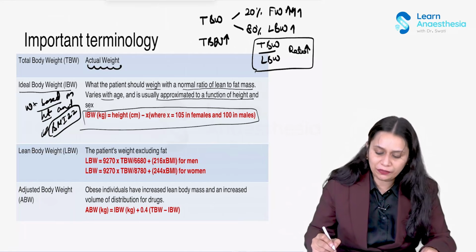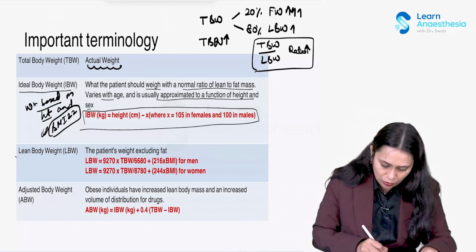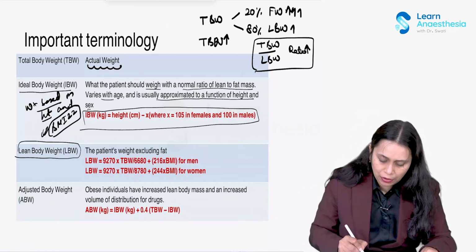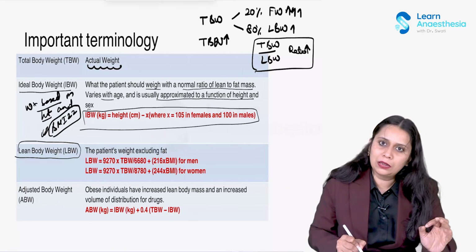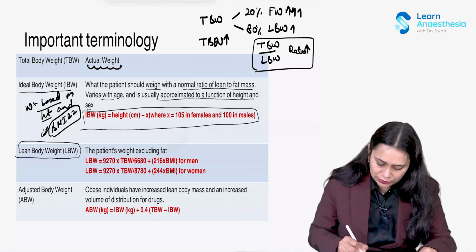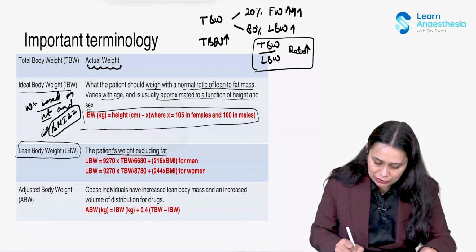Now lean body weight is again the weight which is calculated according to the height and the sex. So this is the weight of the patient excluding the fat. So total body weight